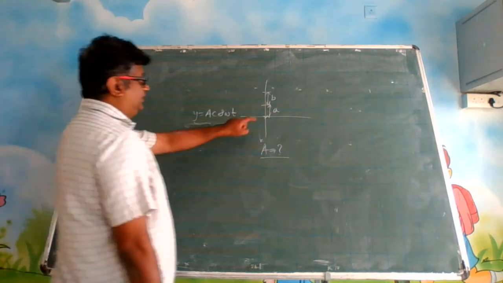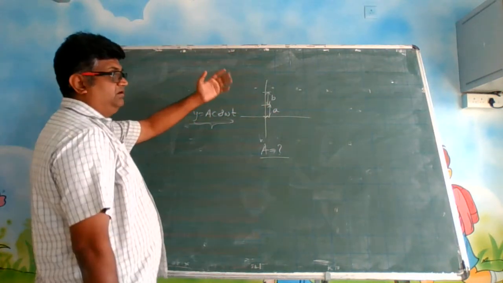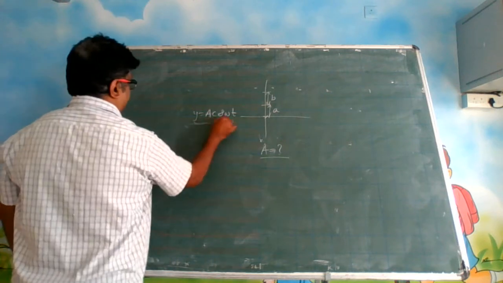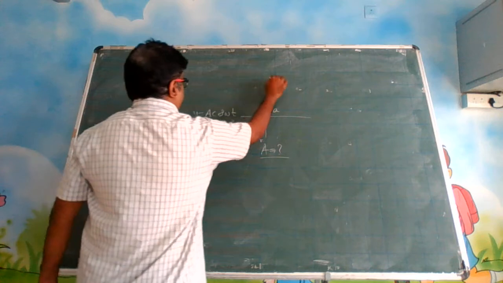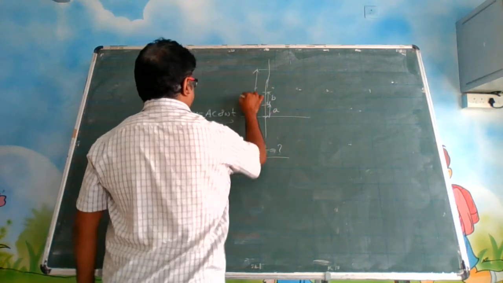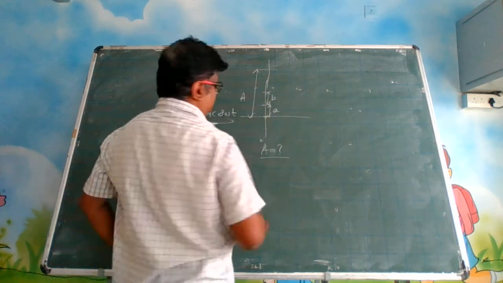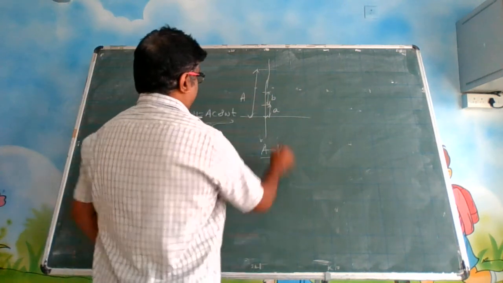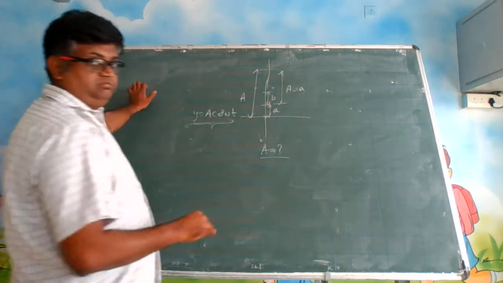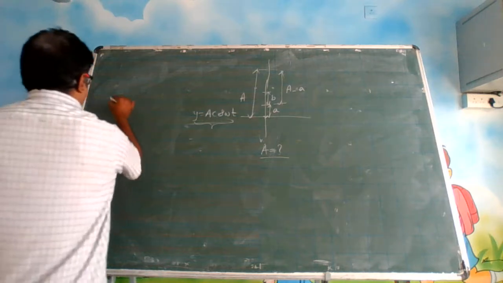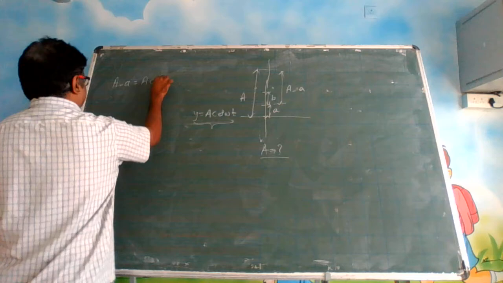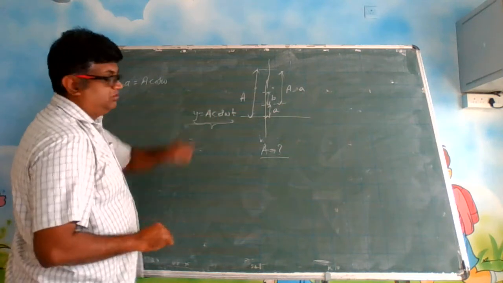In the first second it traveled a, and in the next second it traveled further b. Alright, so y is equal to A cos omega t. So let us say the amplitude is somewhere up to here. Now this is my amplitude, let us say. So in the first second it traveled this much. So actually what it traveled? It traveled A minus a. Just now I told you this example. So we need to write A minus a is equal to A cos omega, for the first second we need to put t is equal to 1.